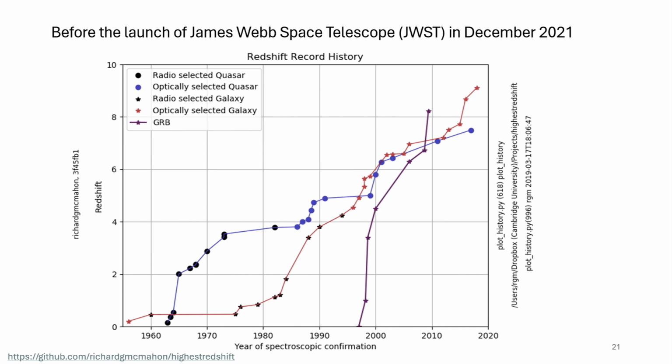So there was a major breakthrough effectively in the 1960s with the discovery of a new class of object called quasars. These were supermassive black holes. So quite often in scientific research, you make a breakthrough, there's a leap. So we were up to redshift 2. What I call conventional normal galaxies like the Milky Way, that's the red line. That took until the 1990s to get to the same redshifts.